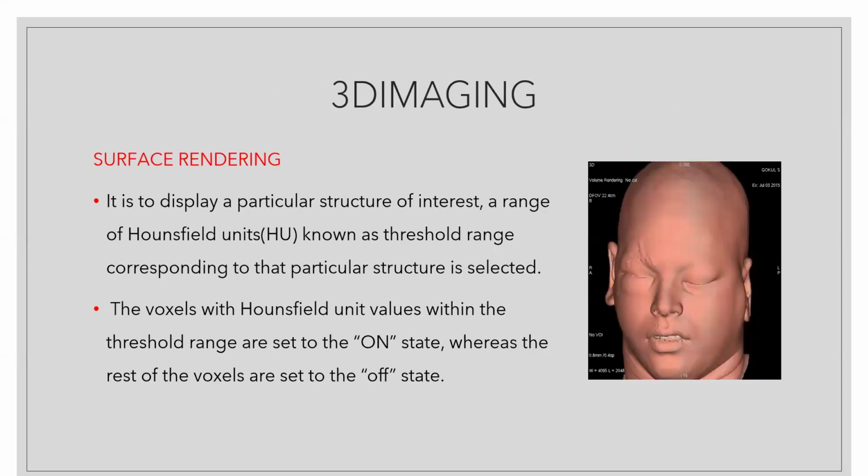And 3D imaging. In 3D imaging, there are two types. I said VRT and surface rendering. In surface rendering, to display a particular structure of interest, a range of Hounsfield units, known as the threshold range, corresponding to the particular structure is selected. The voxels with Hounsfield unit values within the threshold range are set to on state, whereas the rest of the voxels are set to off state. This surface rendering image is very well used when they go for plastic surgery and to plan their surgery, and it is very much useful in cleft lip imaging where they go for